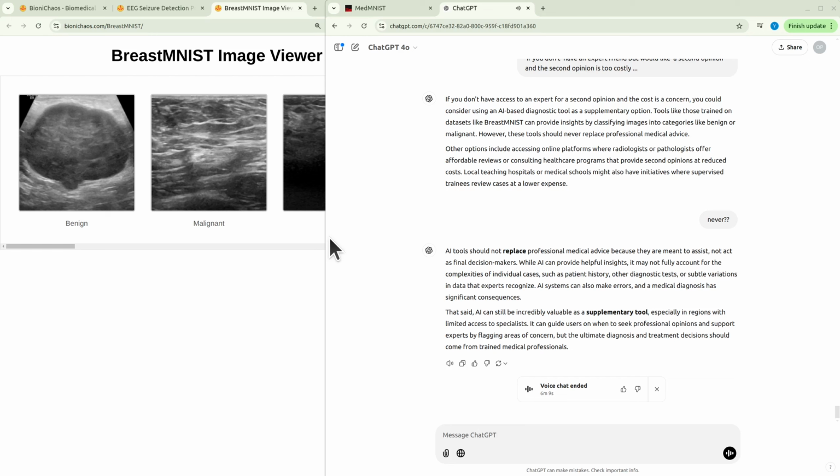Other options include accessing online platforms where radiologists or pathologists offer affordable reviews, or consulting healthcare programs that provide second opinions at reduced costs. Local teaching hospitals or medical schools might also have initiatives where supervised trainees review cases at